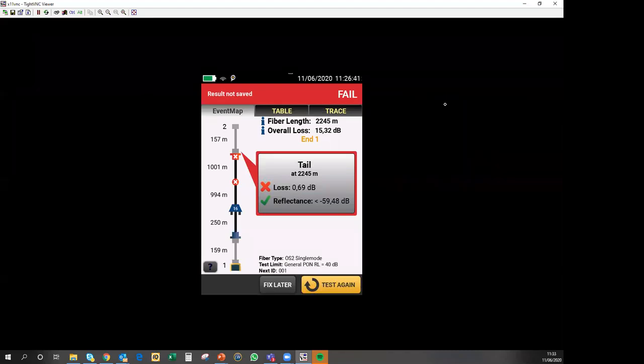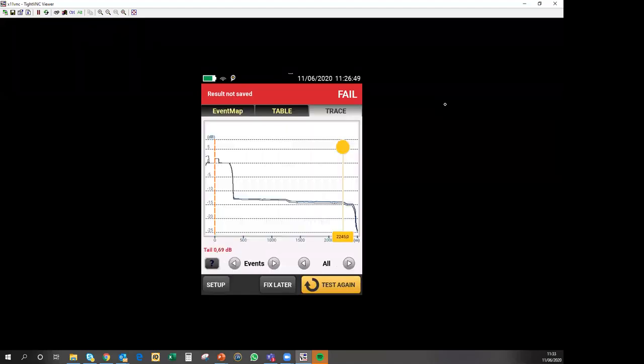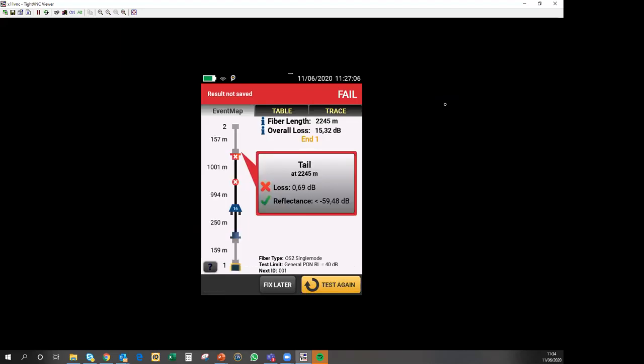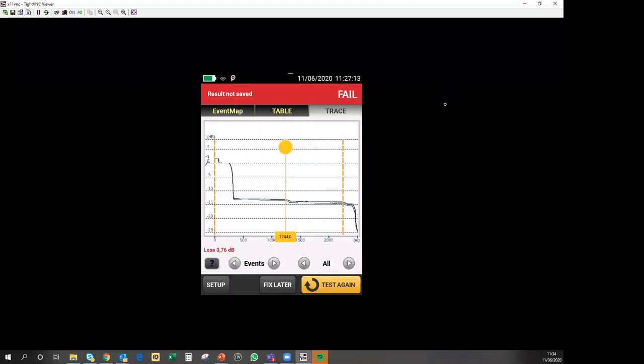We also have the trace, and bear in mind in this case, because we can only shoot the splitter upstream, the trace will only be valid in one direction. You can see the start and end of the fiber. Start is indicated by the dotted line, the end by the beacon, because that's where I left the beacon on the event map. If we wanted to see where this loss is on the length of the fiber, I can change it so that the beacon now appears on the trace at the